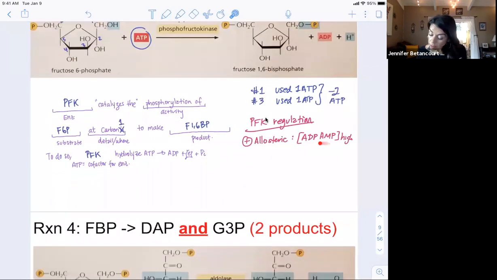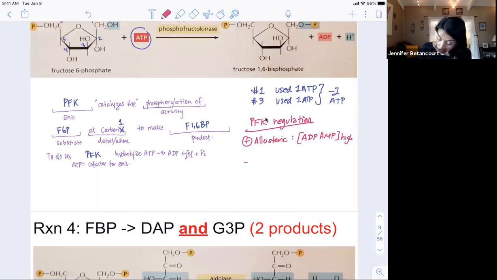So these can come over to PFK, sit in their allosteric site, change the conformation of the active site to favor the affinity between PFK and F6P. And that will allow the enzyme to increase its activity and make fructose bisphosphate at a higher rate. Okay,